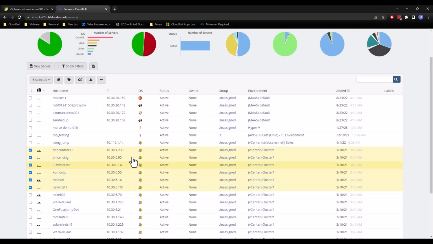However, when we start to get above a certain threshold, it really makes sense to start automating this onboarding process so that we don't have to assign groups or owners or things like that. Again, a lot of times those are things that have already been captured inside of vCenter or AWS or Azure. One of the ways we see customers do those are with attributes, and that's kind of what we're going to